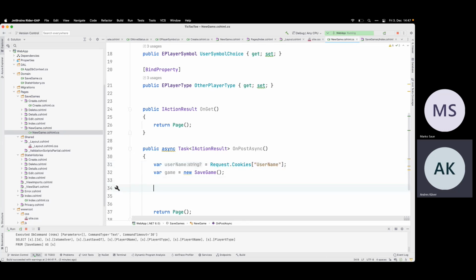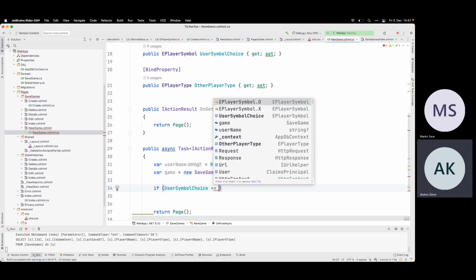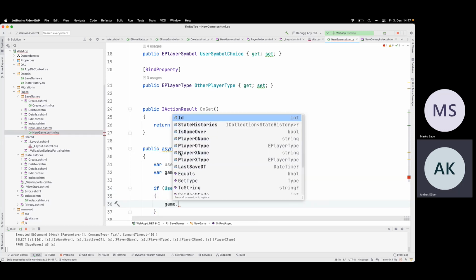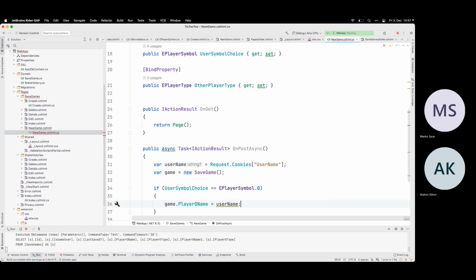So which user is it? Is it the X user or the O user? That one I get from this user symbol choice. So if user symbol choice equals O, then I can say that game.player O name equals our username.